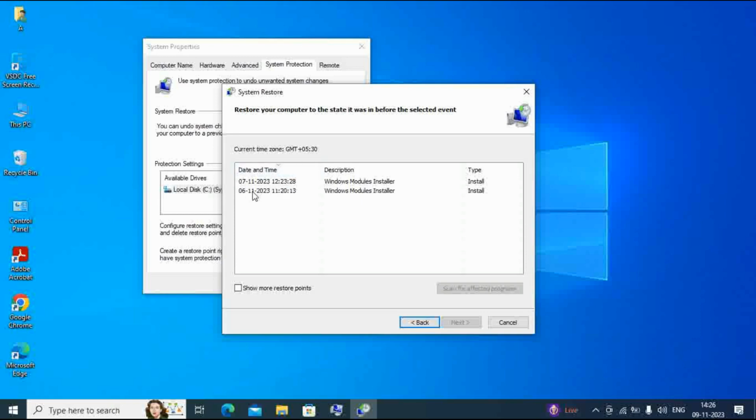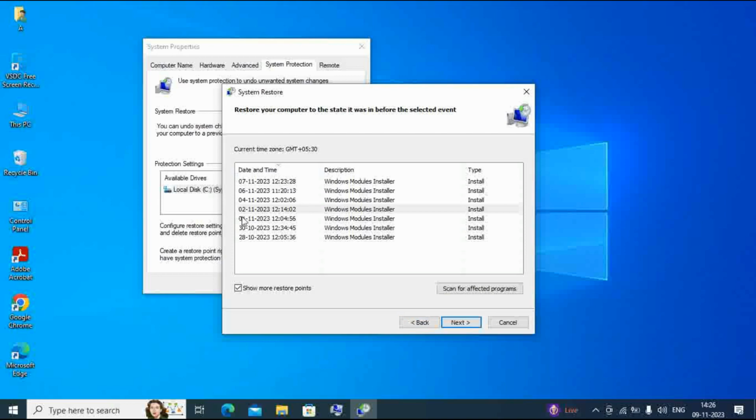Restore point is open. You can see it's reflecting two points. If you want more options, click Show more restore points. After clicking, you can see many options. To restore to a previous date, you can click on the date, and Next,